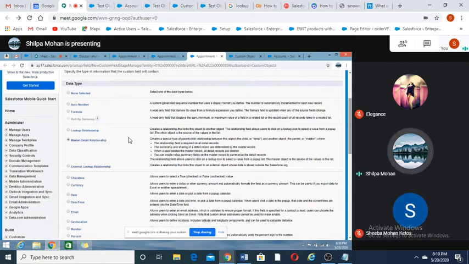You can create roll-up summary fields on the master detail record to summarize the detail records. That I'll show you, what is master detail relationship. Next, the relationship field allows users to click on the lookup icon to select a value from the pop-up list, and the master object is the source of the values in the list. That means, like how you clicked on the lookup icon in the lookup relationship to select the doctor record, the same way the lookup icon will be there for master detail also.